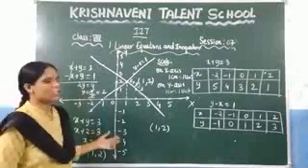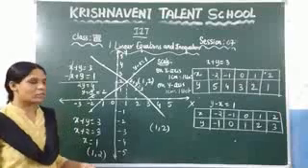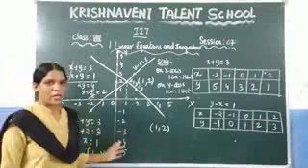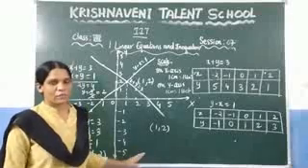So this is the normal method. By using the cancellation method, we have found the values of x and y. Suppose if they ask to find the solution of the given simultaneous